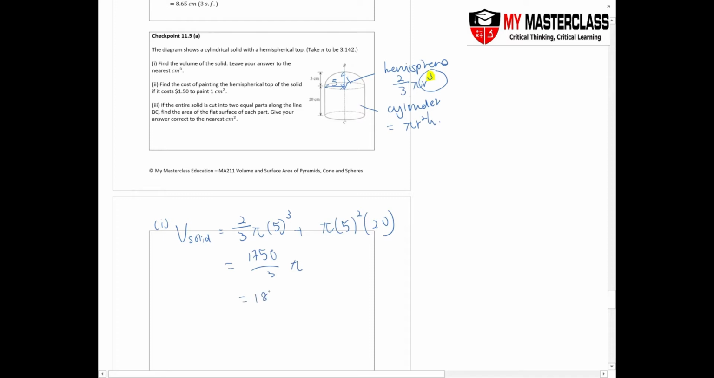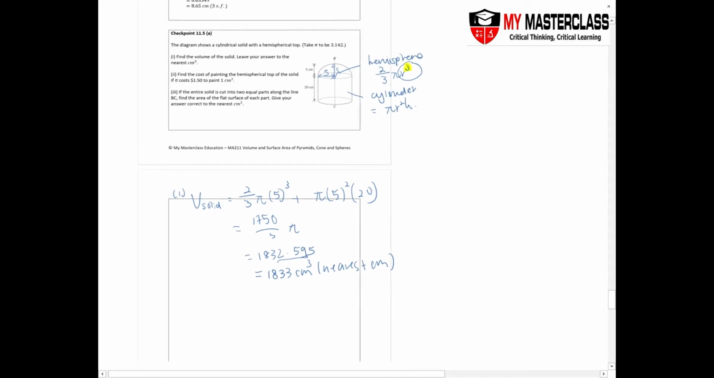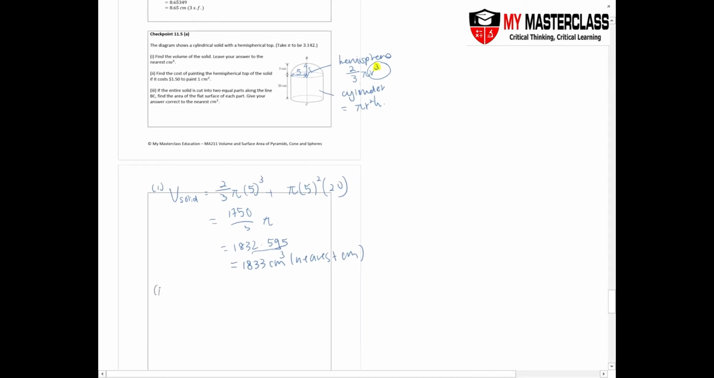So therefore I have 1832.595, which is 1833 cm cube, 3SF. Always write nearest cm. How do they determine that this is a nearest cm? Because it is 2.59. Then let's take a look at part 2, the cost of painting the hemispherical top